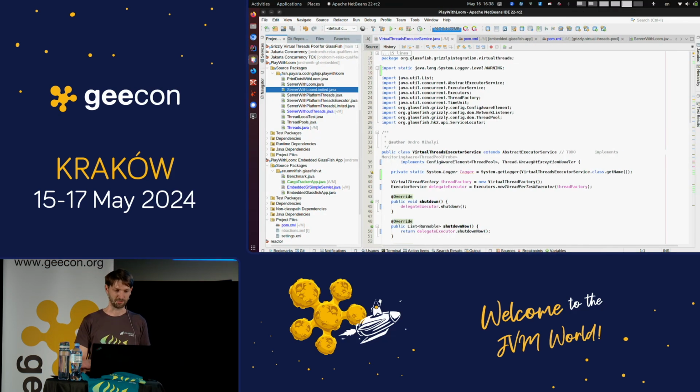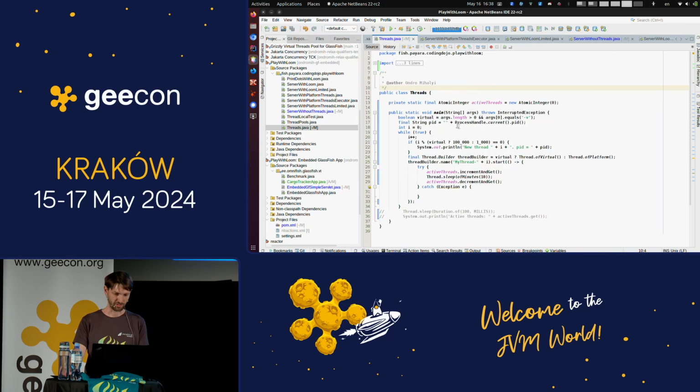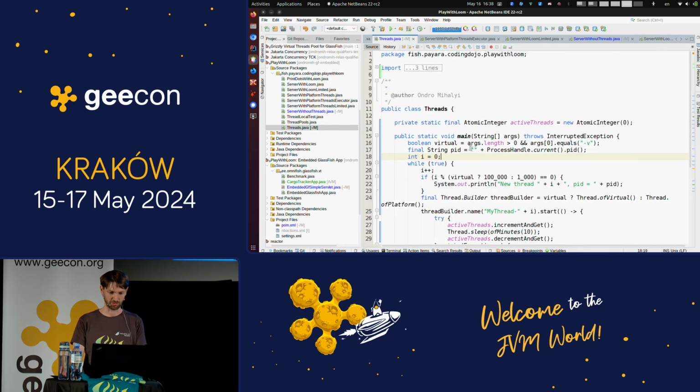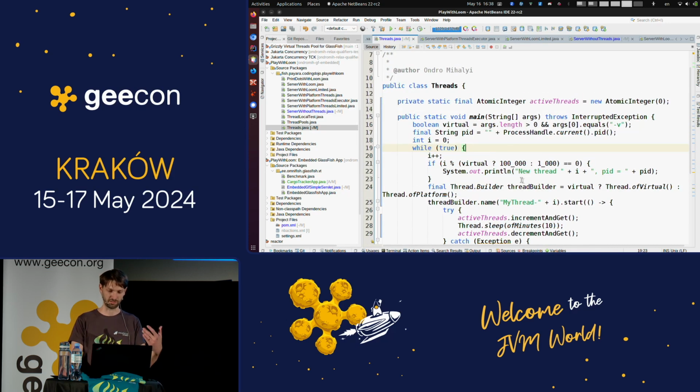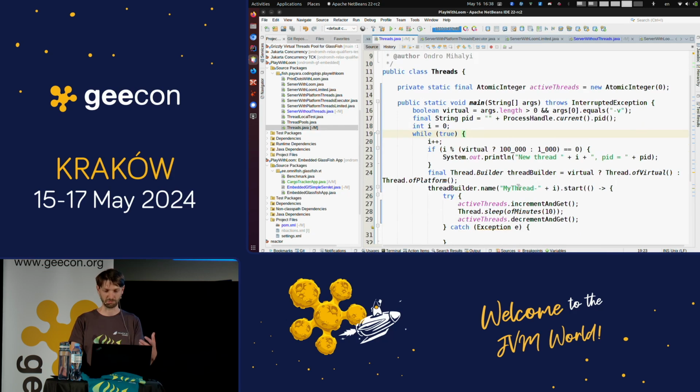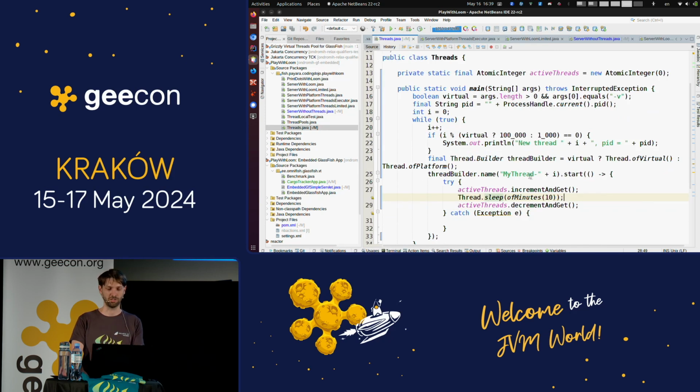Let's see what happens. If I run this code, this is a bit more sophisticated version, but actually here I create a lot of threads so that they still live and do something, or actually they don't do something, but I need to keep them because otherwise they would be gone and I wouldn't have so many parallel threads running. I make them sleep, just to block them, and I create a lot of threads that just wait. But even though they do nothing, they still reserve memory. They don't consume so much memory, but they do reserve it. And when I try to run it,